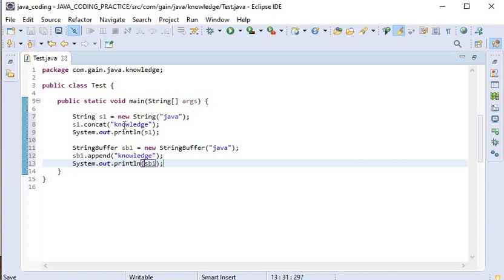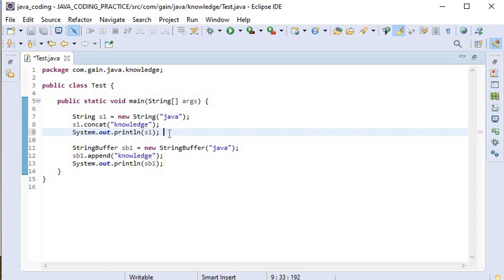As we know, String is an immutable object, meaning once the object has been created, we cannot modify the content of the existing object, and in StringBuffer we can change the content of an already existing object.